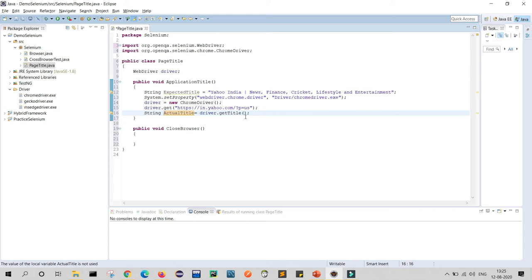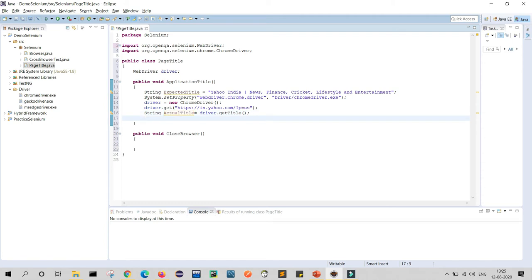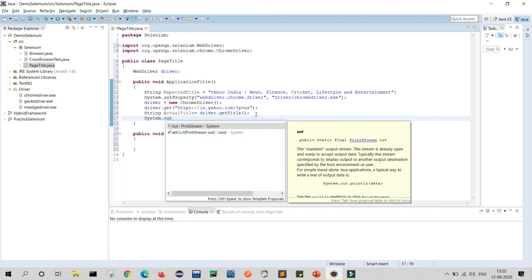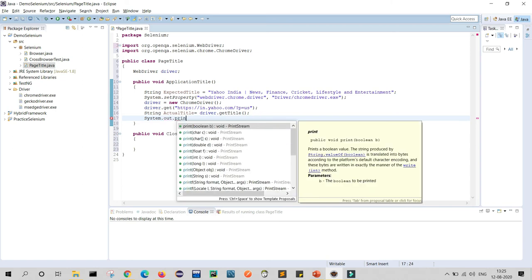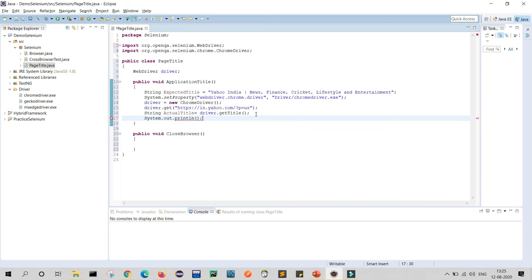Now what will we do? We will print our title. So for printing, write System.out.println, and inside you can write the title of the page or application.